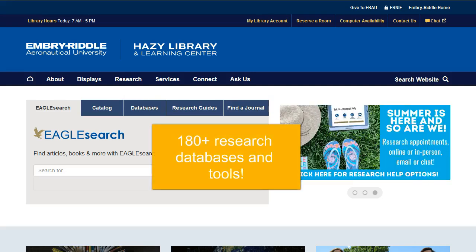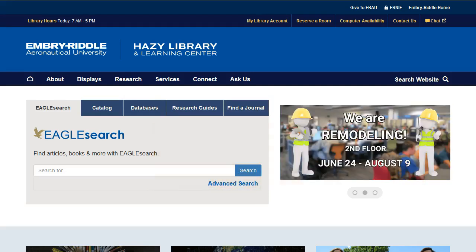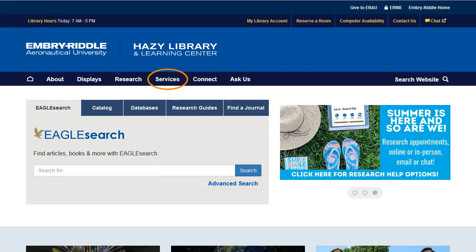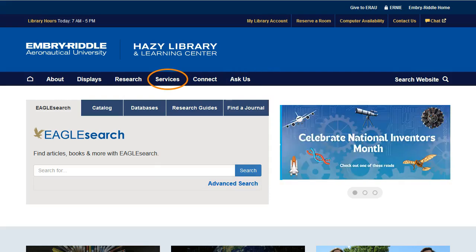Credo is a great tool that can help students learn basic information literacy and research skills, but it doesn't cover Hazy library-specific research databases, tools, and resources. To request a research librarian in your class to ensure students can find and incorporate credible resources into their research,